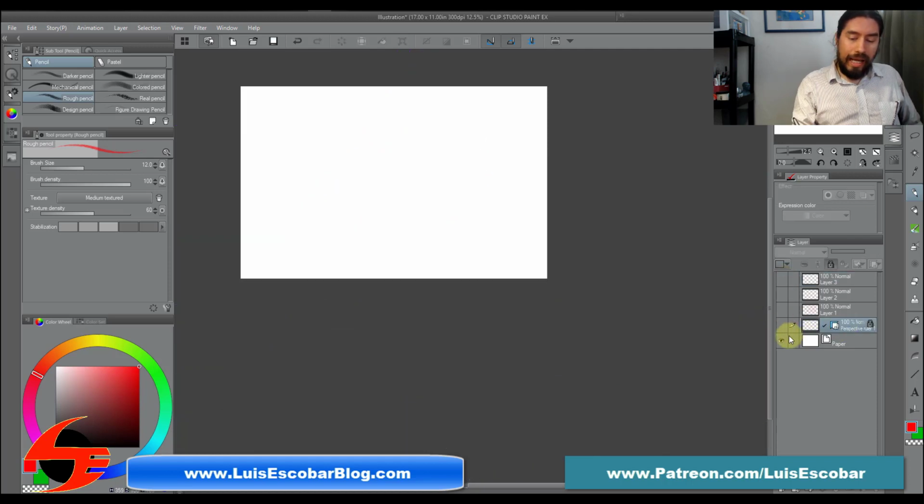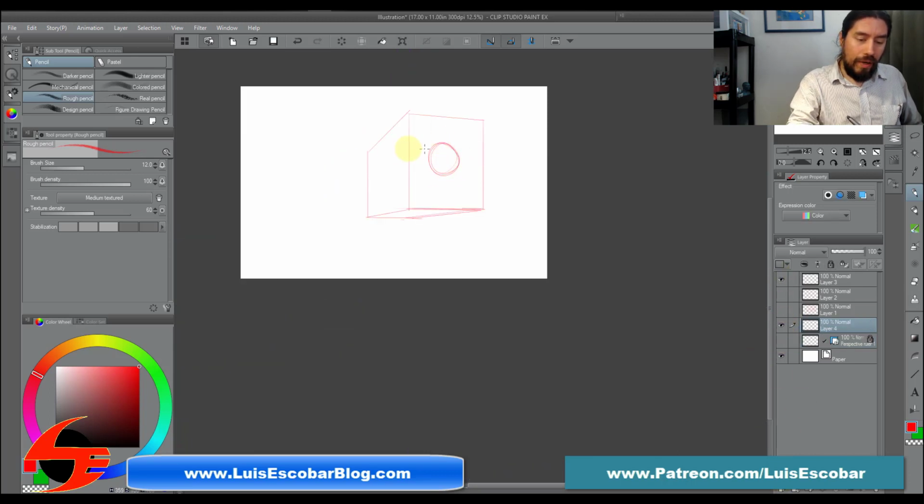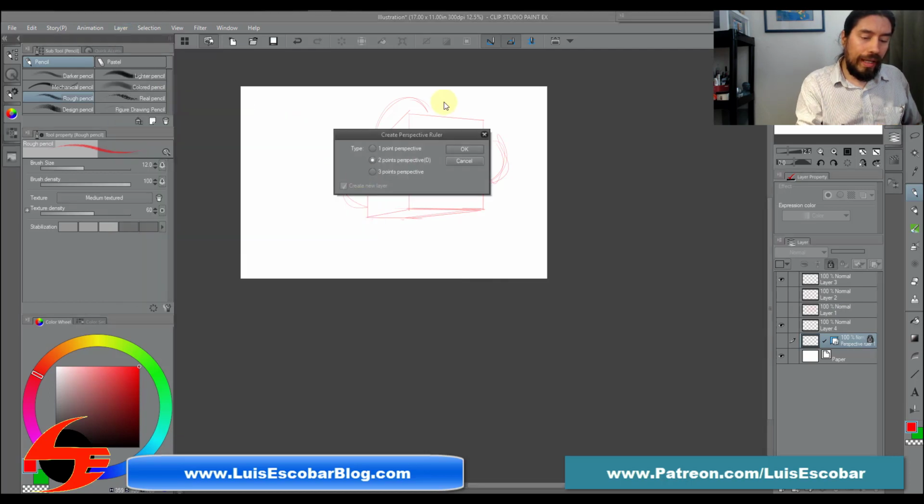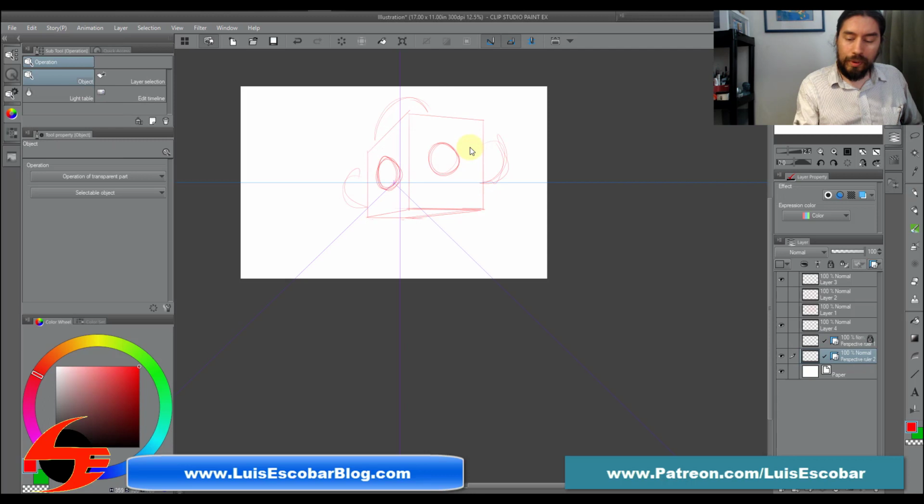And again, you can turn the perspective grid off and on, so that if you just want to draw freehand, now I can draw freehand and do whatever I want over here. I'm just making marks. But the other thing is, let me show you, you can have multiple. You could create another layer from the ruler and have multiple perspective guides. So for example, this is now a 1-point perspective,